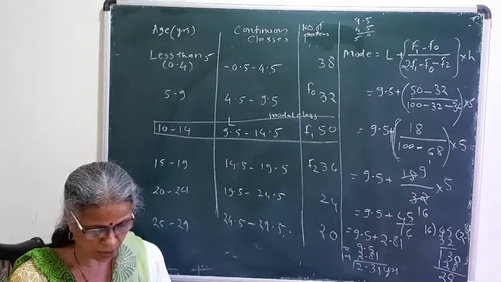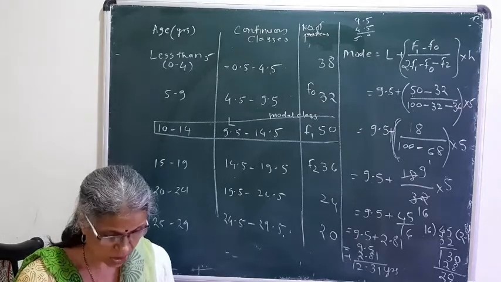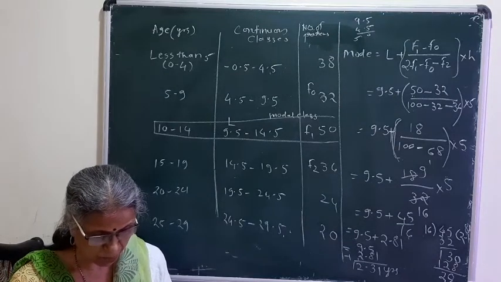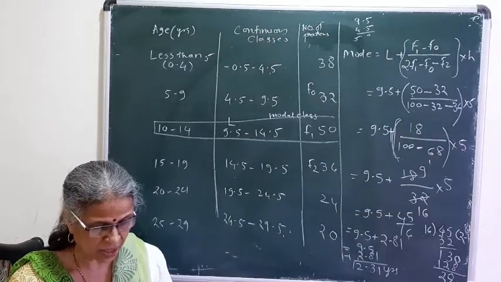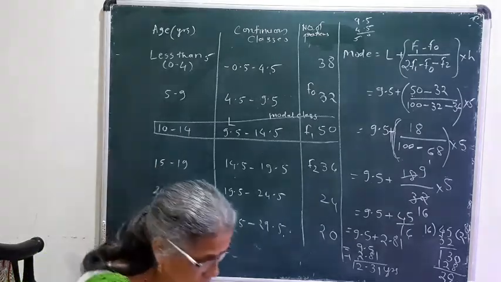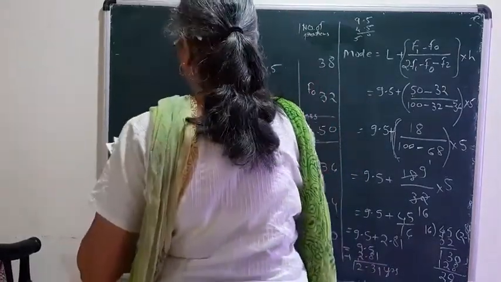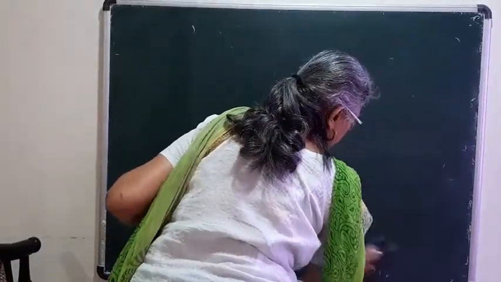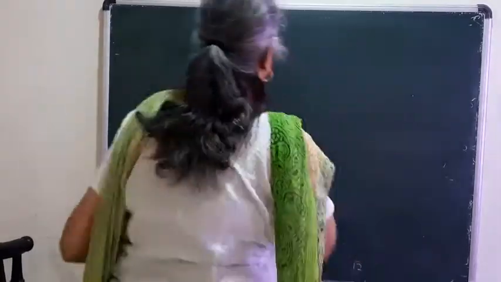The classes should be plotted on x-axis and frequencies should be plotted on y-axis. You have to take your own scale and then draw the rectangles with a height proportional to the frequency. So I will show you one histogram from practice set 6.4. Draw the histogram of the following data. Height of student in centimeter and number of students is the frequency. Now the table is already given. I will not write the table so that I will have a place for drawing the histogram.